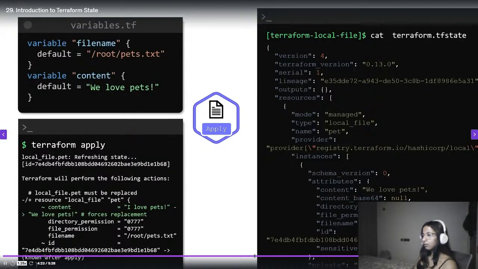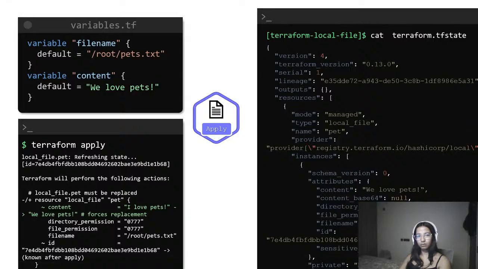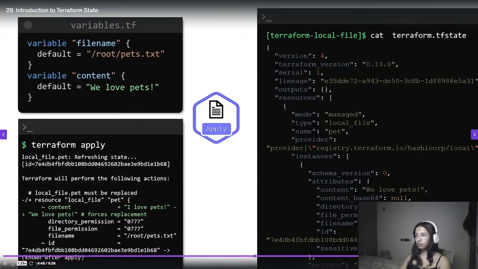From the output of the apply command, we can see that the older local file resource with the older ID is deleted and replaced with a new resource with a completely different ID with the updated content. The same can be seen in the Terraform state file as well. It no longer has a reference for the older resource ID and now has the details recorded for the replaced file resource. At this point in time, the configuration file and the state file